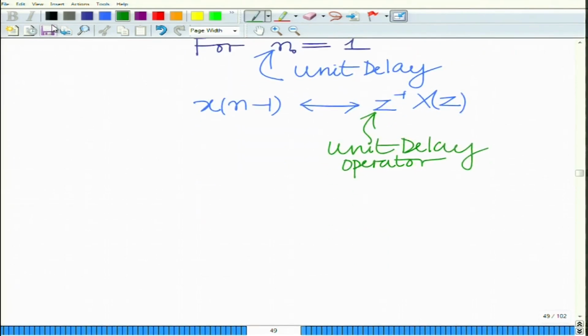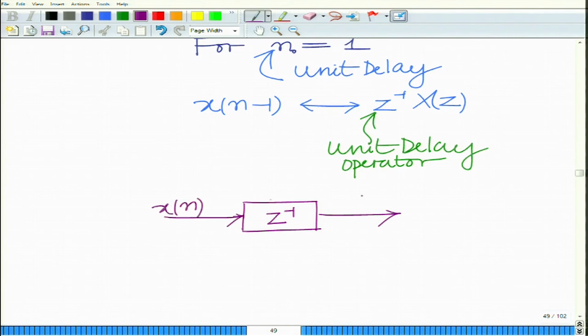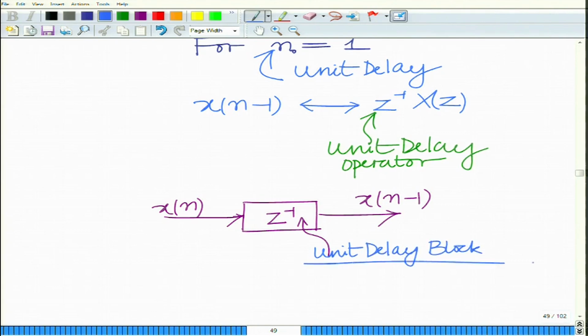and frequently you will see this in systems. When you represent a system, typically you have a block which means if the input is x of n, then the output is x of n minus 1. So, this is simply a delay block or unit delay block. Okay, so this is a delay block that is used to represent a sample delay,